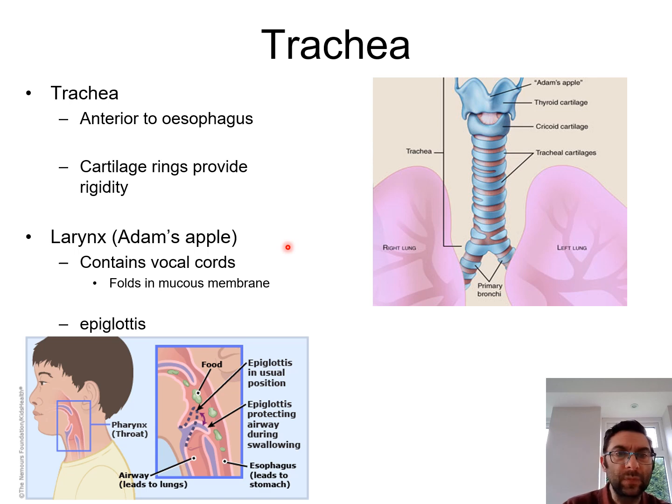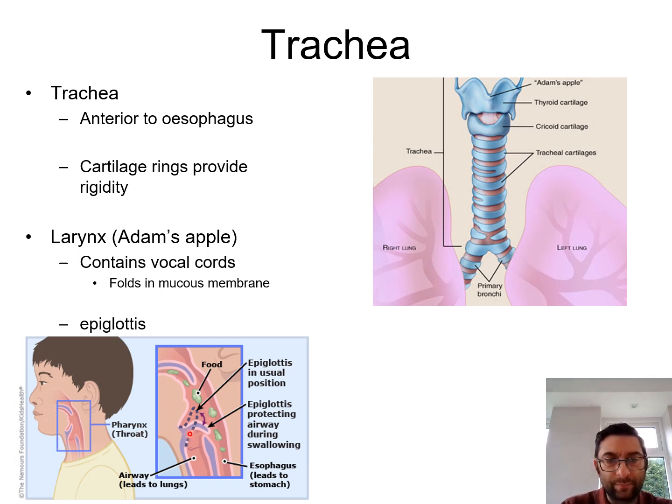Okay. And then lastly, within this structure, we have the epiglottis. Okay. So again, as I briefly mentioned on the previous slide, the function of the epiglottis is to direct food down into the esophagus and into the stomach. So when we're swallowing, we've got the airway here, and we've got the esophagus posterior to the airway. So when we're swallowing, the epiglottis, which is essentially just a little flap of skin that sits at the back of the throat,